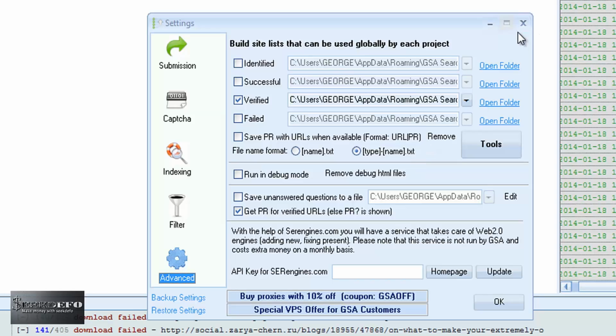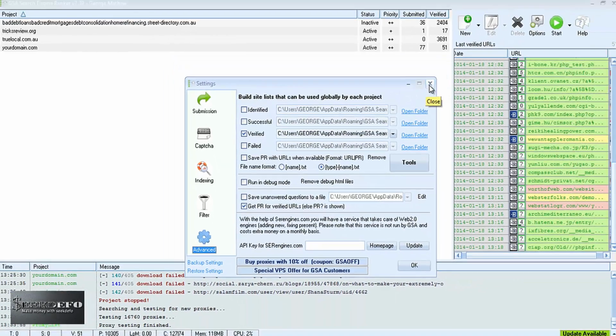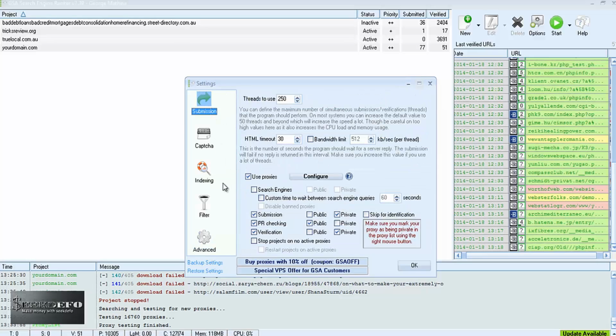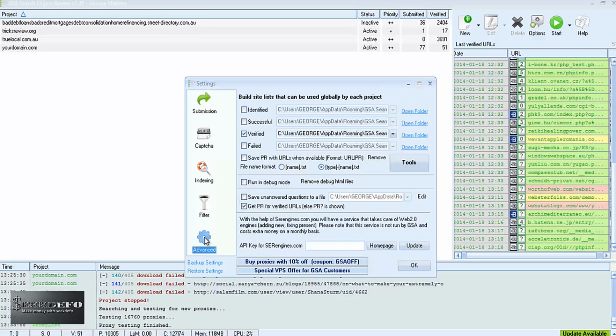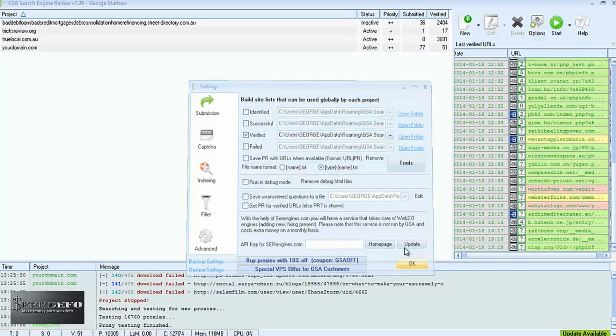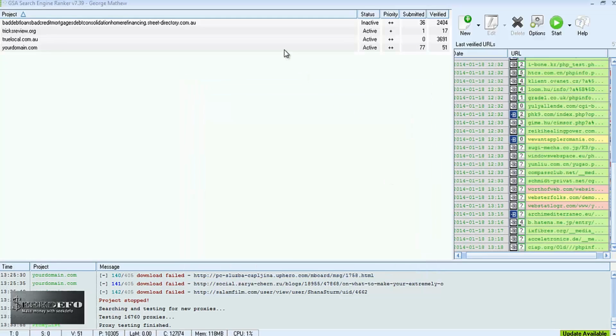So these are the basic setup options of GSA. For submission, you can use proxies. I have already told that I use private proxies from BuyProxies. For captcha, that is Death by Captcha or Captcha Sniper. Indexing, I don't do anything. And then in the advanced options, you can also select successful sites if you want to. And no, I don't want the PR. And that's it. And if you click on any project